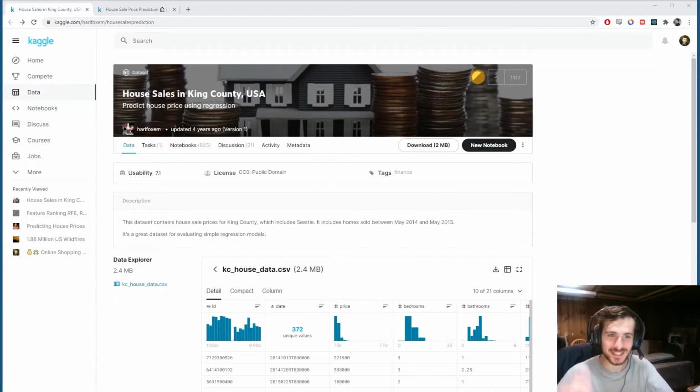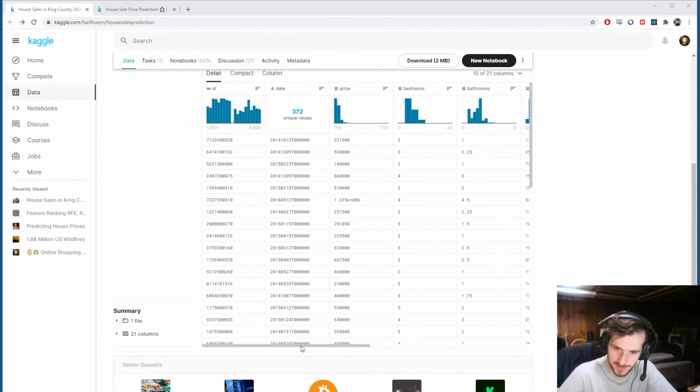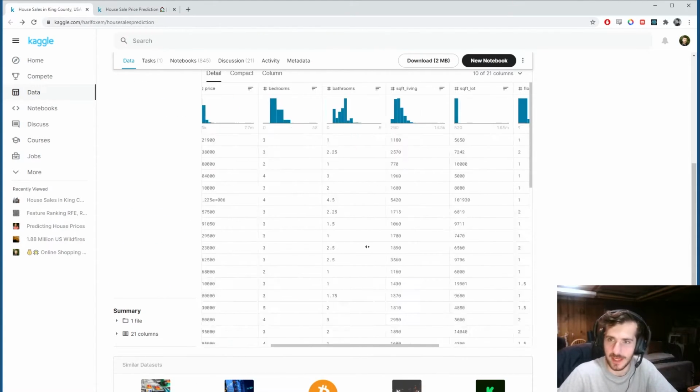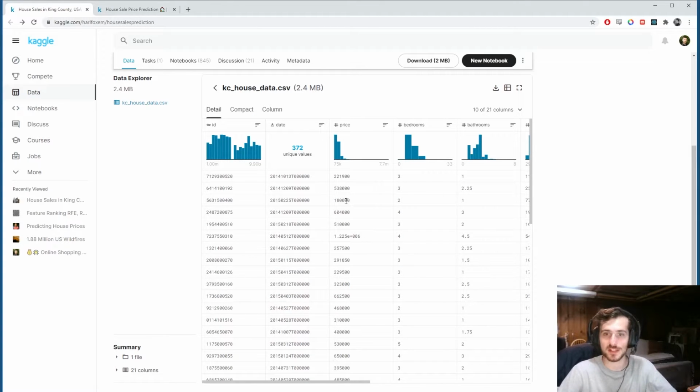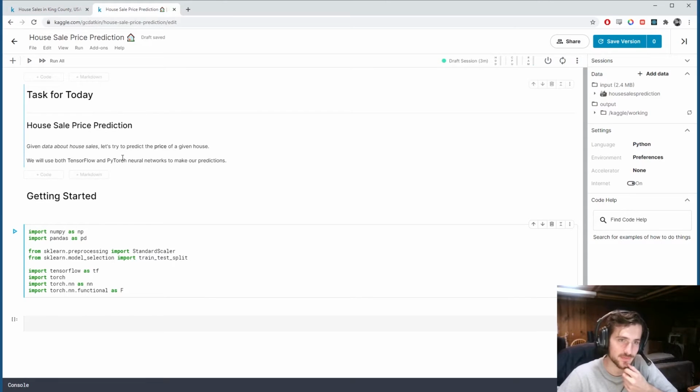Today we're looking at a data set of house sales in King County, USA, and it has a bunch of features about different houses, and we're going to be trying to predict the price of a given house. And to do so, we're going to use both TensorFlow and PyTorch. So this is my first time using PyTorch in one of these videos, so I'm just going to go over a basic way to create a neural network similar to how we do it in Keras or TensorFlow. So I have the task for today: given data about house sales, let's try to predict the price of a